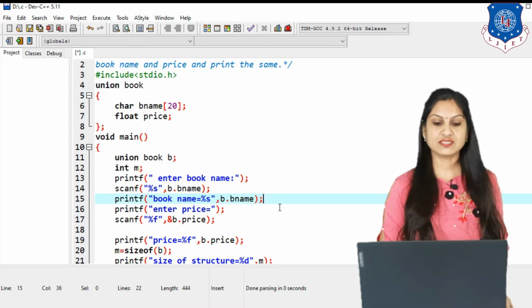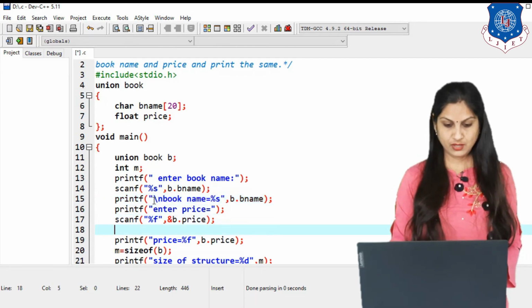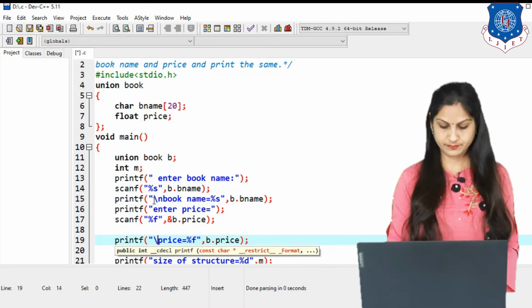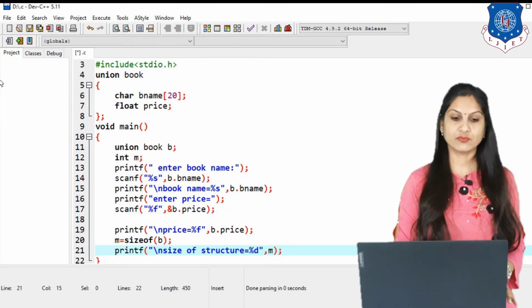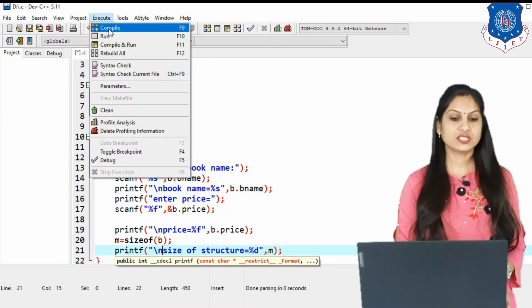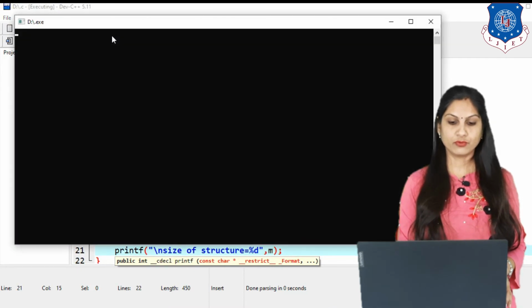So here you can see now the correct output, and put \n here in the printf for better understanding. \n stands for a new line. Now execute this same program, run this program.